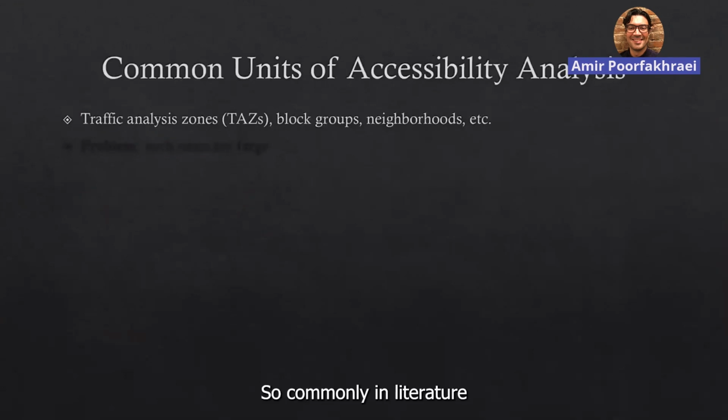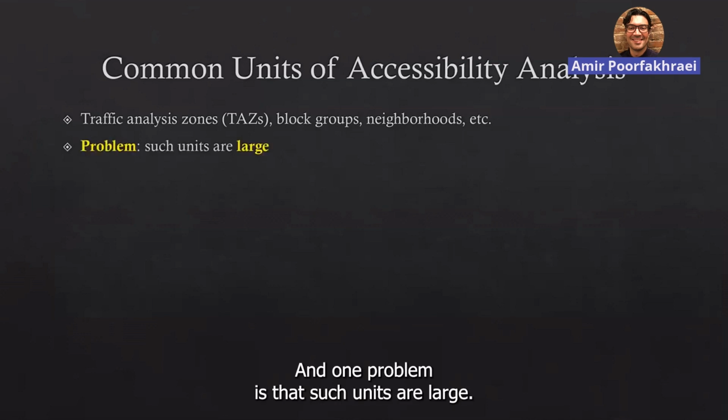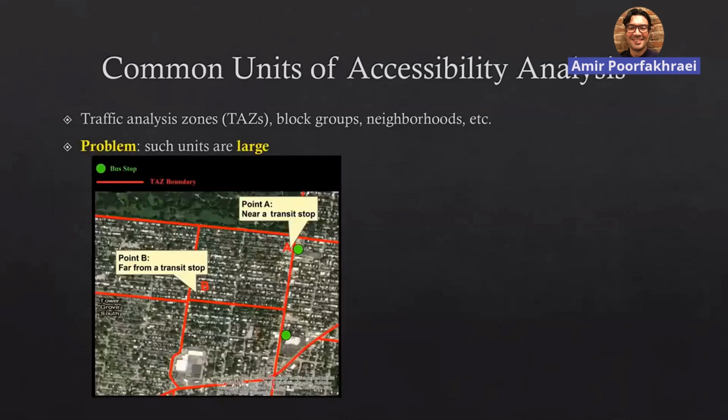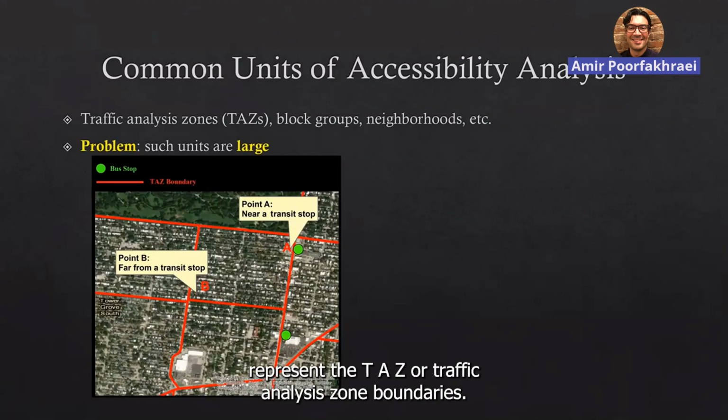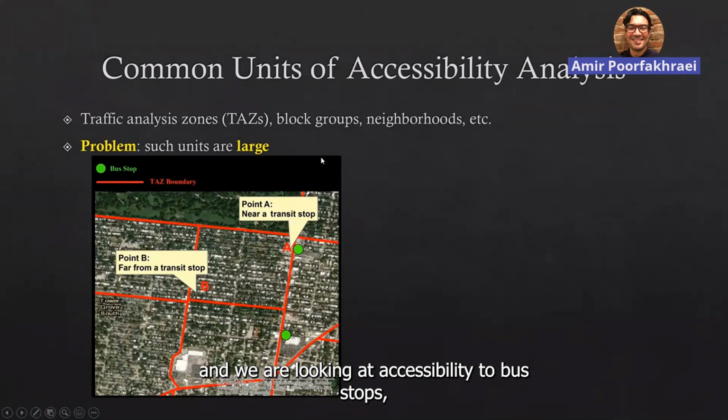So commonly in literature and practice, traffic analysis zones, block groups, and neighborhoods are chosen as the unit of analysis. And one problem is that such units are large. If you look at, for example, in this map, the red lines represent the TAZ or traffic analysis zone boundaries. And if we're doing a study and calculating the accessibility measure for a region, and we're looking at accessibility to bus stops that are represented here with green circles,